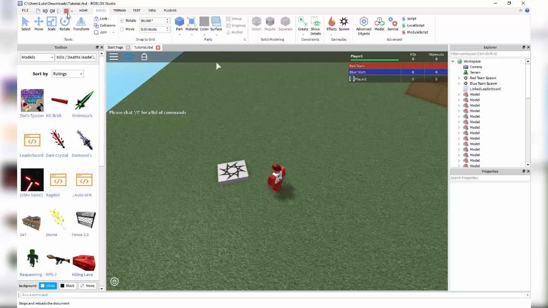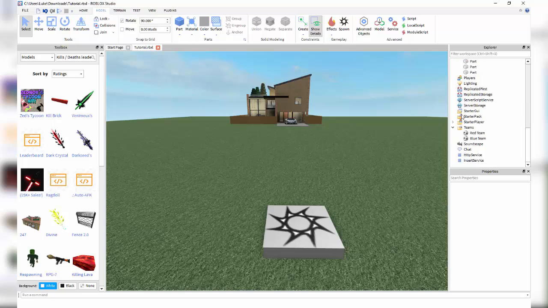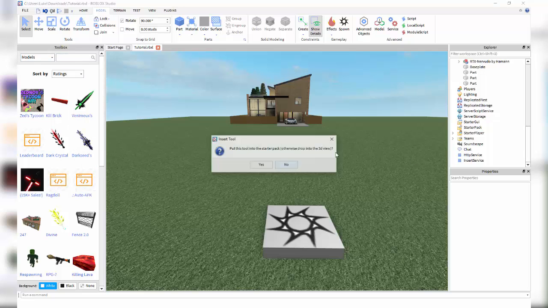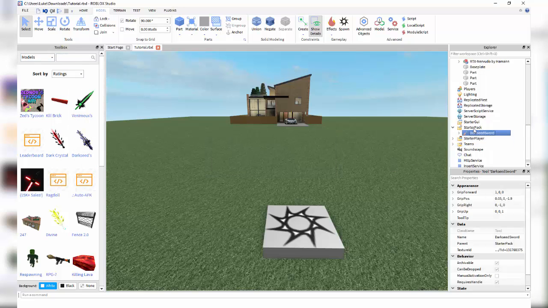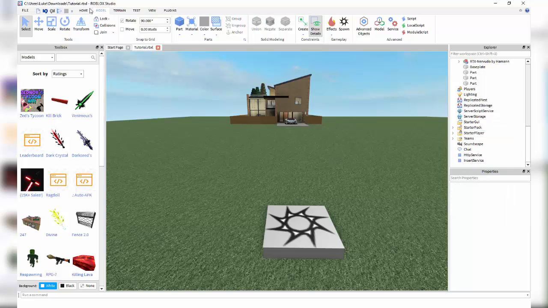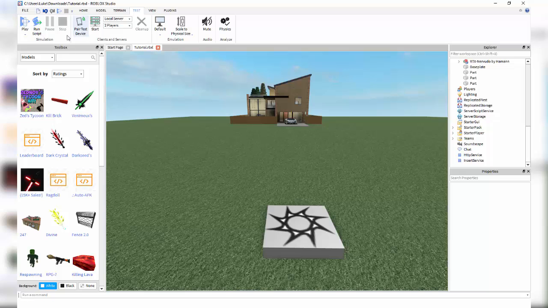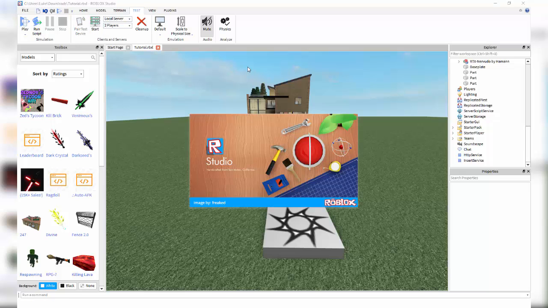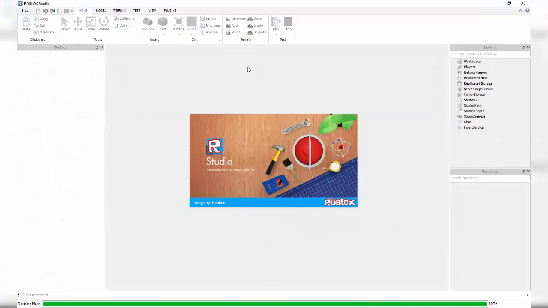So if I test this out, right? I'll go over the starter pack in another tutorial. But if I put a sword into the starter pack, like this one, I'll put it in the starter pack, right? You don't need to worry about what I just did. And then I test the game with a server with 2 players in it. So I'll click start, and it will now create two